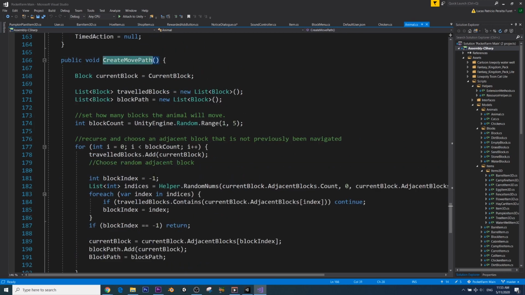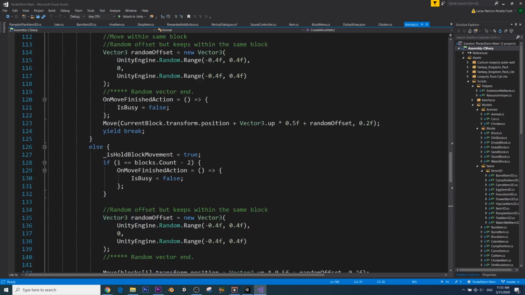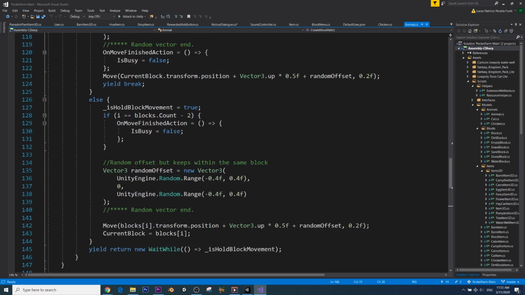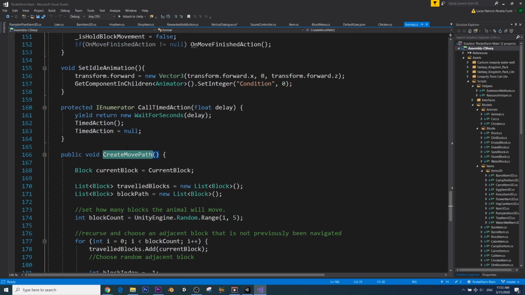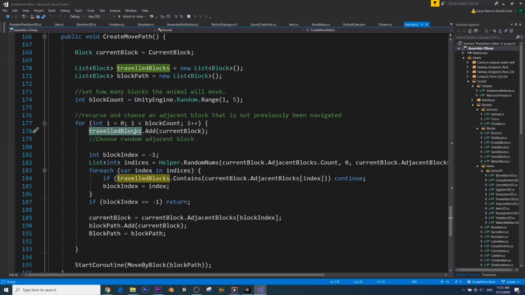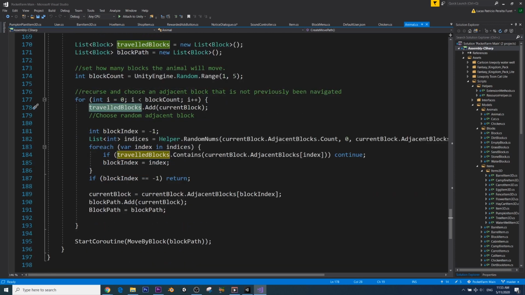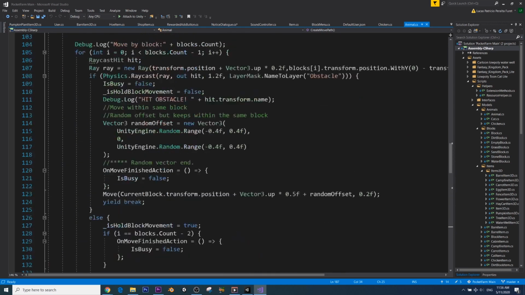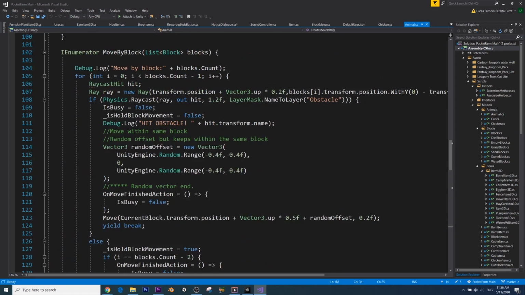So first of all, we create a move path, and then we move through each block, adding a random offset basically. And also, in order to get that move path, we need to check that first of all they're adjacent blocks, and also that they are not in traveled blocks, and also that they do not have anything blocking them. So if they have a fence in between or something like that, we're not going to let the chicken walk